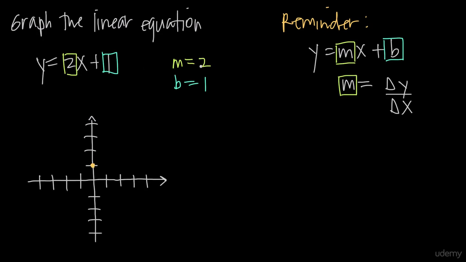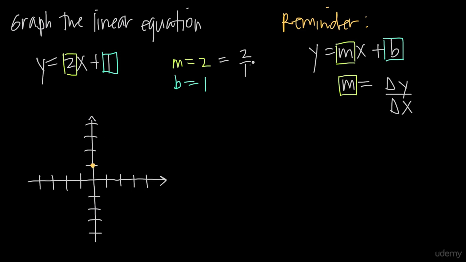And now we look at the slope here. We know that the slope is 2. If the slope is not given to us in a fraction, we can turn it into a fraction. 2 is the same as 2 over 1. So now with it in the form 2 over 1, we know that the change in y is going to be 2, the change in x is going to be 1,